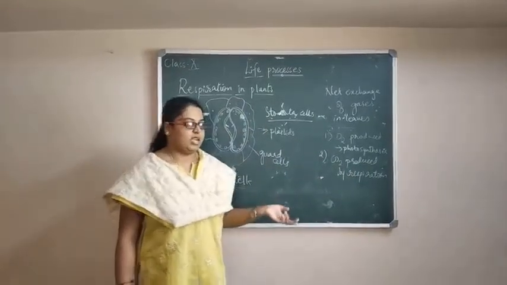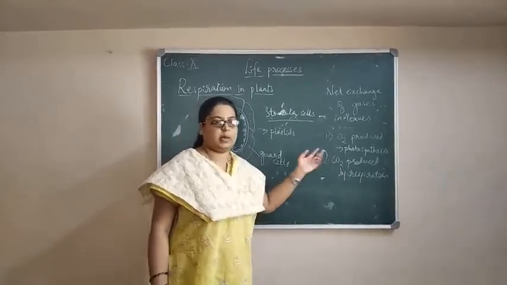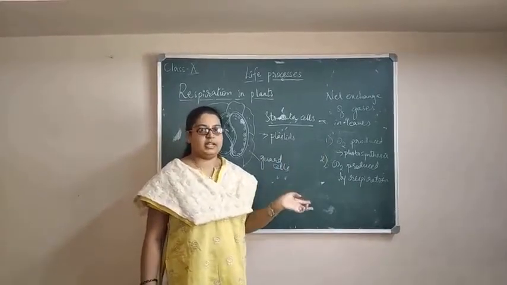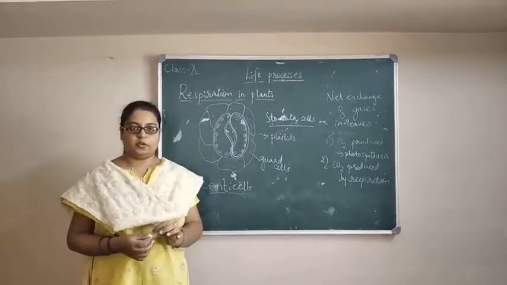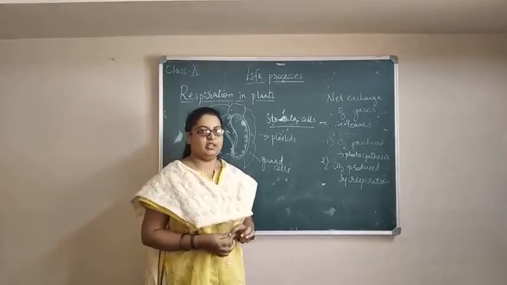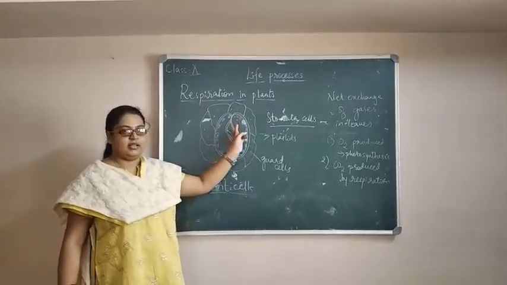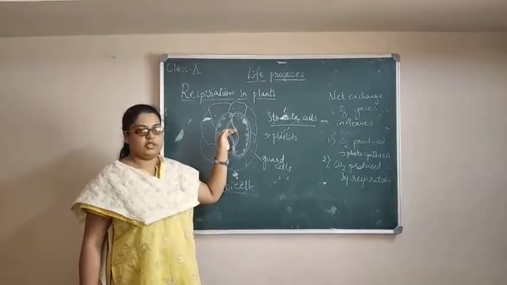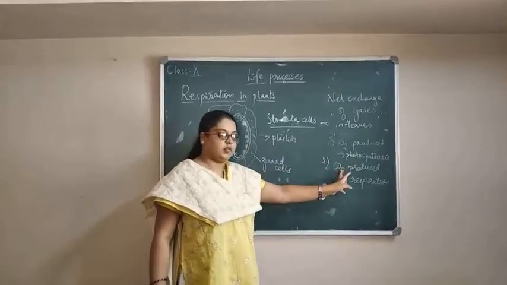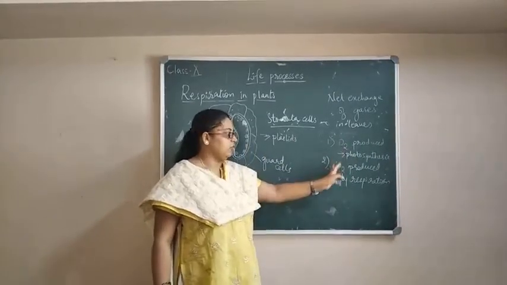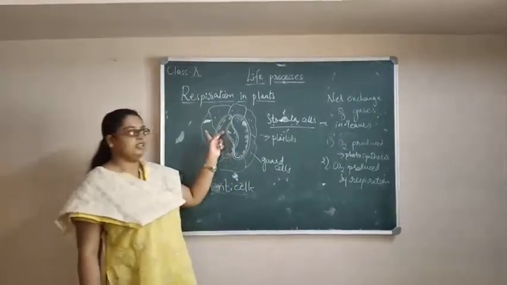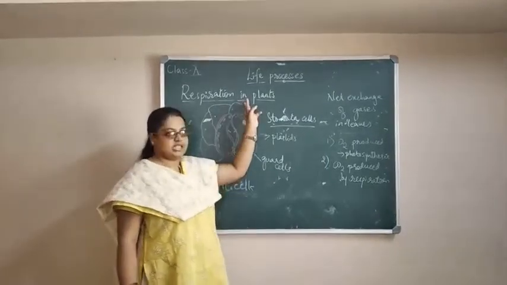During night time, what happens? There is no net exchange of carbon dioxide. Whatever carbon dioxide is produced is exchanged with the oxygen, but there is no net continuation, as food is not continuously prepared due to lack of sunlight. So respiration takes place in the leaves, in these stomata cells, by the opening and closing of the stomata. During daytime, oxygen is produced by photosynthesis and carbon dioxide is produced by respiration. Once these two are produced, there is continuous exchange of oxygen and carbon dioxide inside the stomata cells. Likewise, respiration takes place in plants.